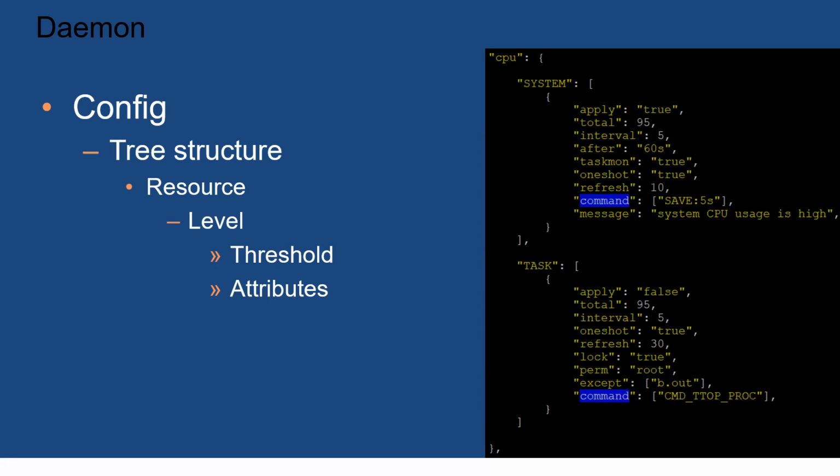Through the task part defined at the bottom, when the average CPU usage of a specific task exceeds 95%, the top command is executed and Guider starts monitoring all threads of the target process and saves the result in a specific file. In this way, when each event occurs, the commands defined in the command list are executed